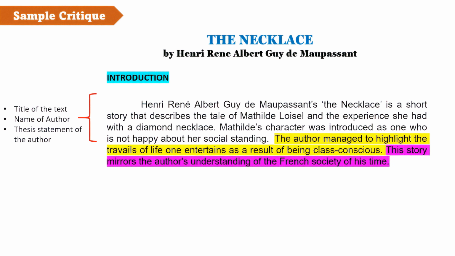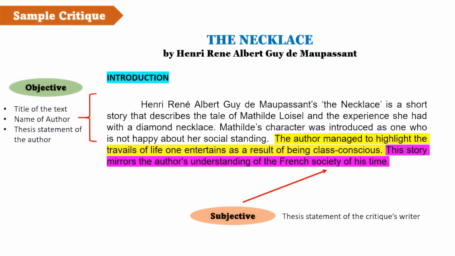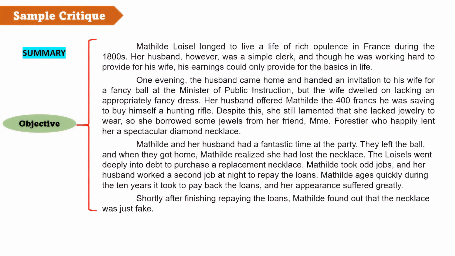It is very clear that the writer mentioned the title of the text and the name of the author. Then, the thesis statement of the author is in yellow. These parts are objective. Now, the statement highlighted in purple is the writer's own idea and thesis statement, and therefore is subjective. Here now is the summary part